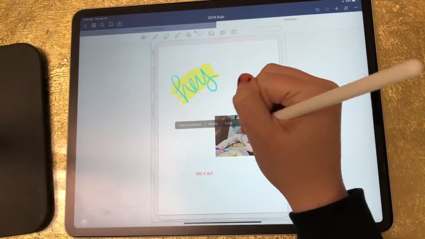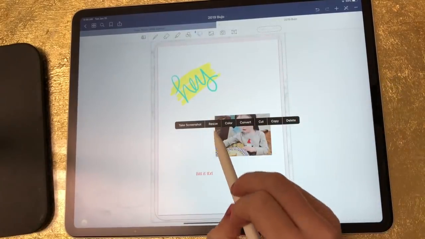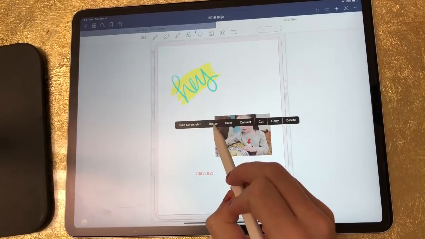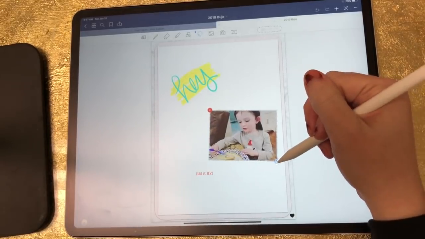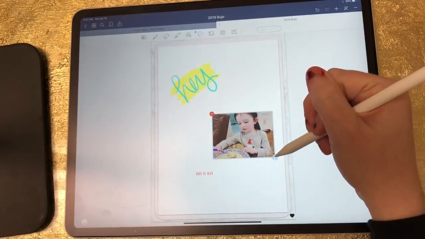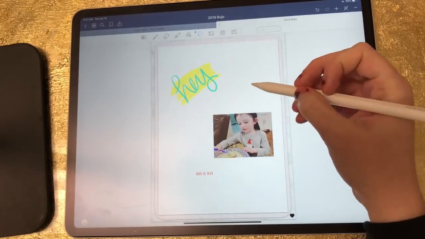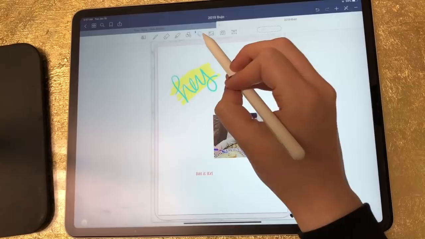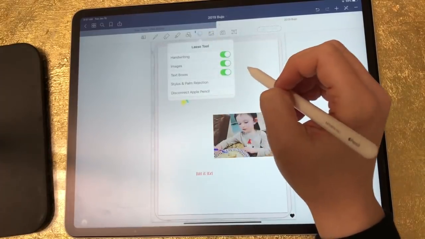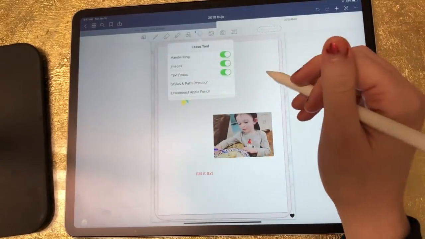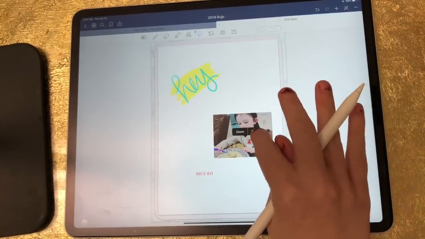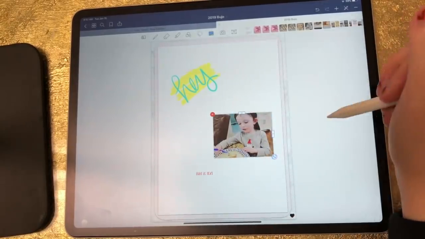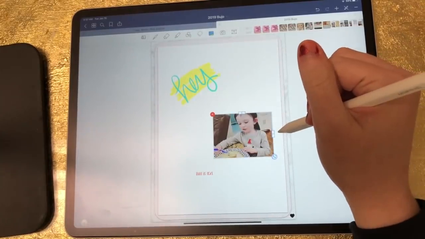And then if I wanted to resize the photo, I could click resize. When you do it that way though, it only lets you resize it proportionally. But to get around that, just deselect the photo, make sure all your images is turned on. This applies to handwriting and stuff as well. Press and hold on the image until you see this pop up and select edit, and then you can adjust